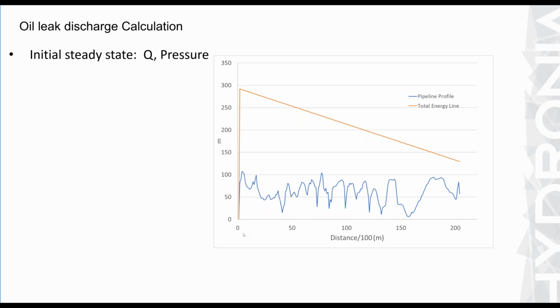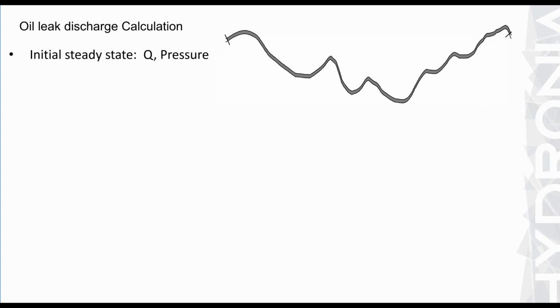So you have first the computation of the initial steady state, and this line indicates the total energy line, and this is the pipeline profile. So this is the pressure head plus the velocity head along the pipeline. So this is calculated first by the model, so that this is the initial hydraulic state of the pipeline. Then